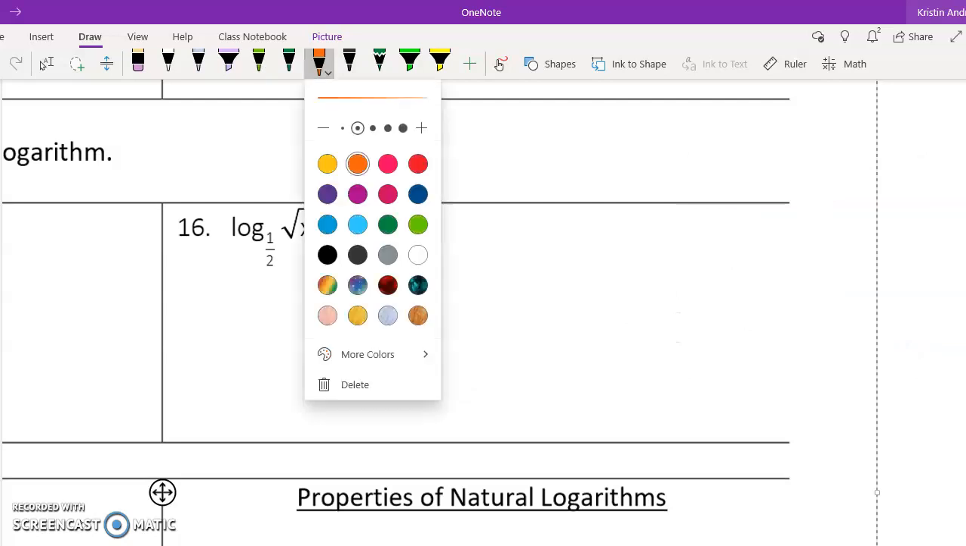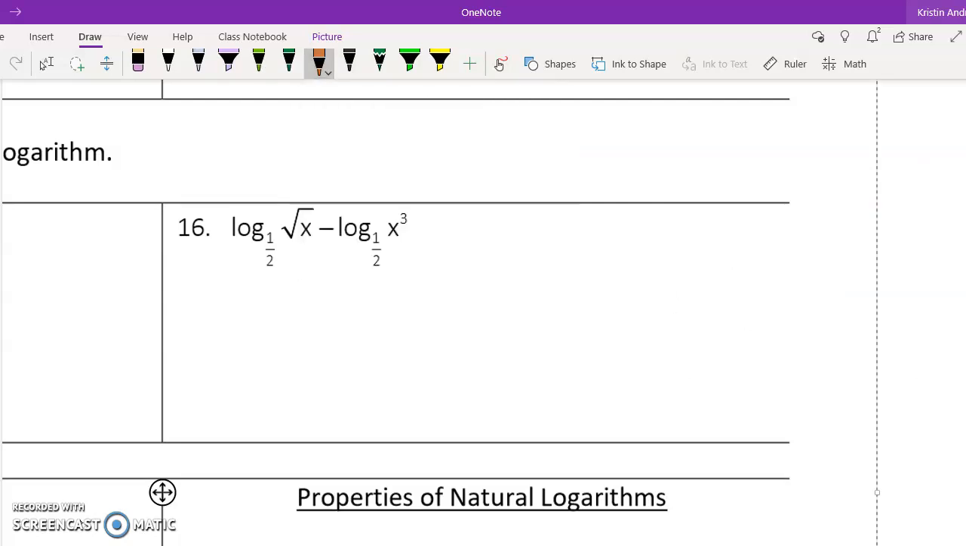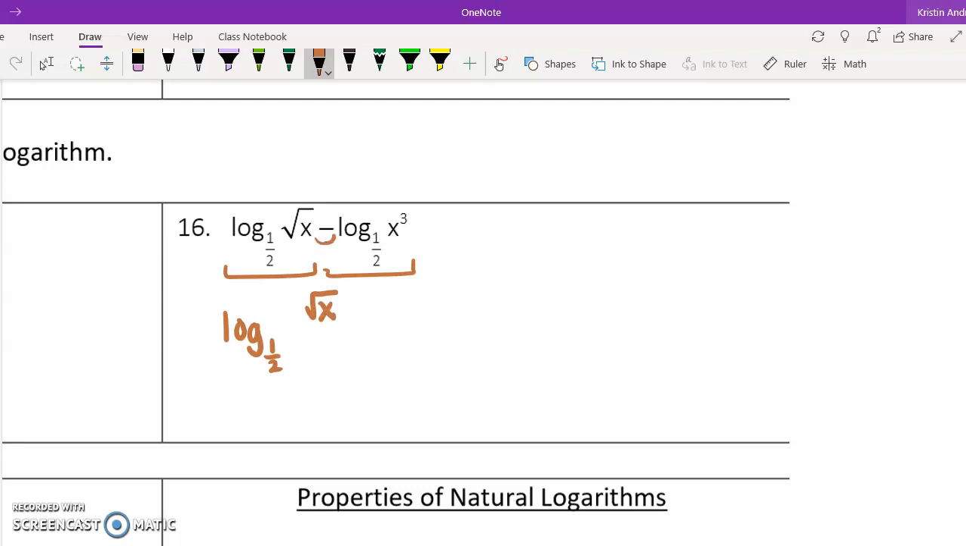Okay, next. Now we've got, so now this has 2 logs. This one and this one. We're going to take 2 and combine them into 1. So this is log base 1/2 of the square root of x, minus becomes divide, so over x cubed, which is log base 1/2 of x to the 1/2